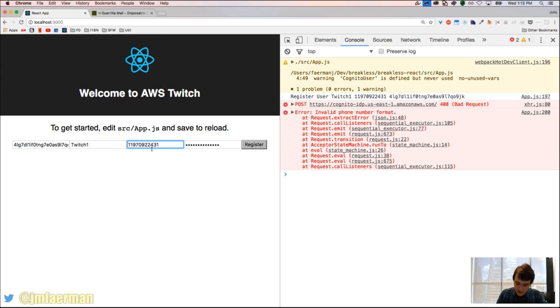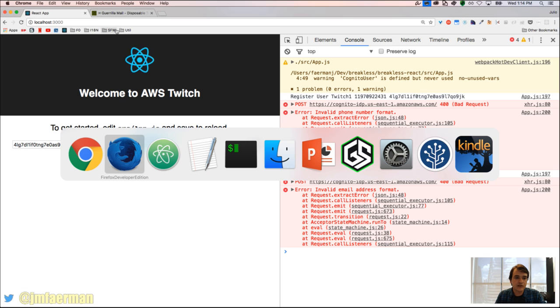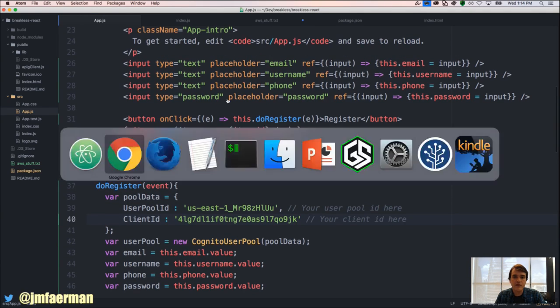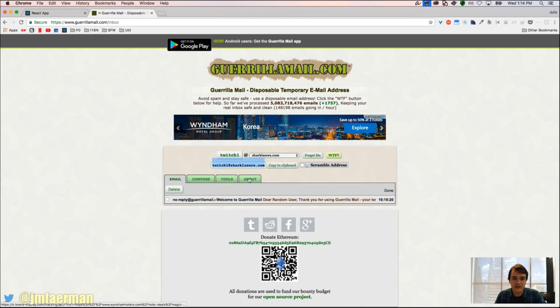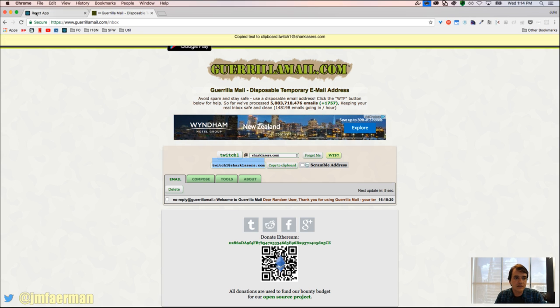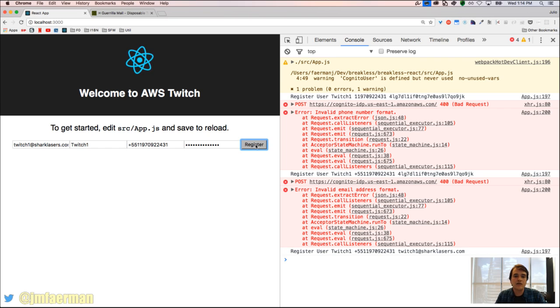So this would need to be +55 like this, and invalid mail address format. Which one was the email? I guess is it the first one? Yeah, the first one is email, and it wasn't this. This is the key. So copy to clipboard, and now this is the correct email, and register, and voila,